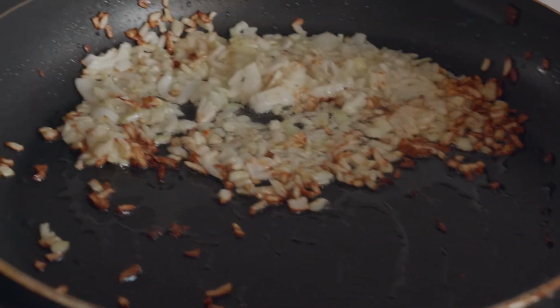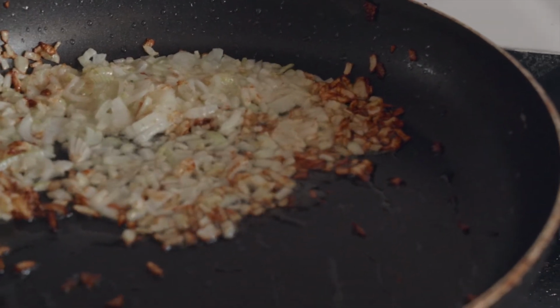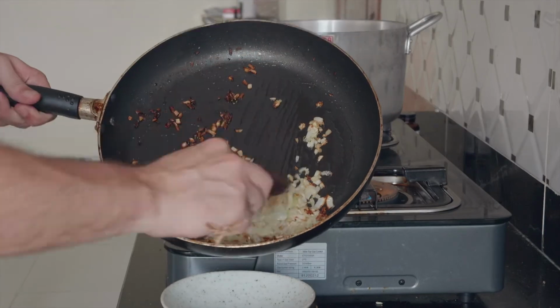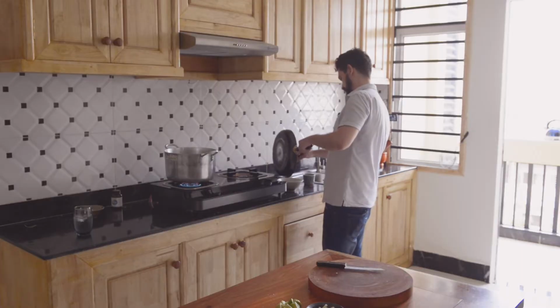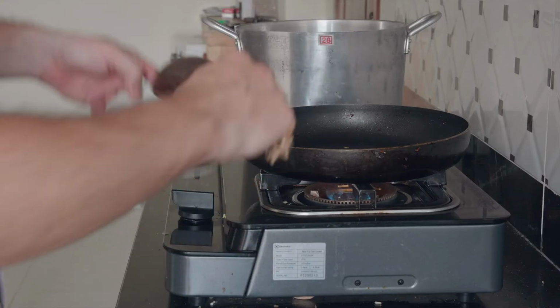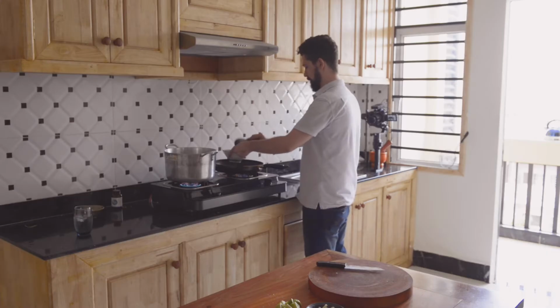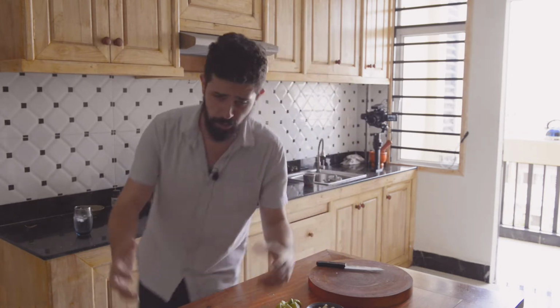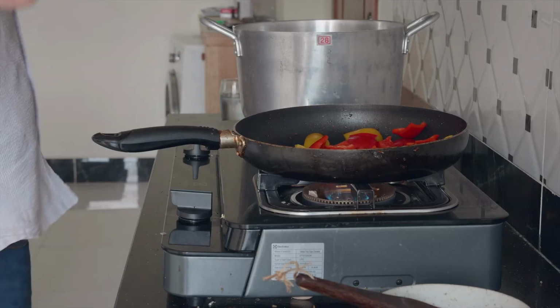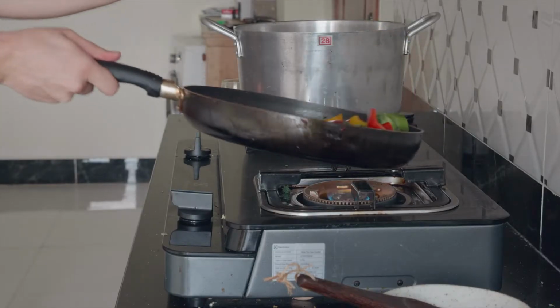Okay, so these have gone nice and brown now, and so what we're going to do is actually take these out of the pan, and then we're going to replace them with broccoli and the peppers. I've burned a few of them, I don't care, they'll taste fine. So out of the pan, and then there's a bit of excess oil on there that we're just going to put back in the pan. Alright, so then they're going to go on the side in their little bowl, and we're going to grab our peppers in and our broccoli in and give that a little toss up,